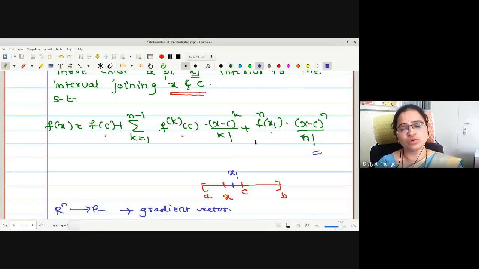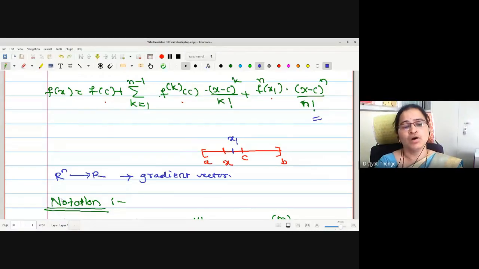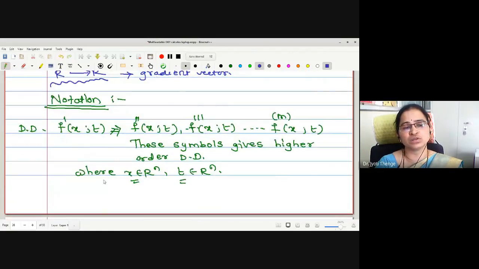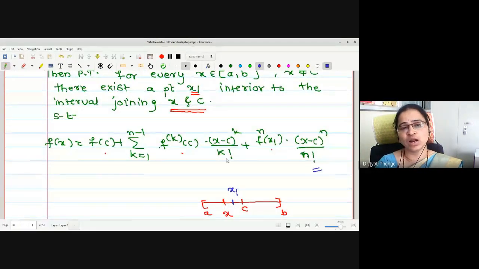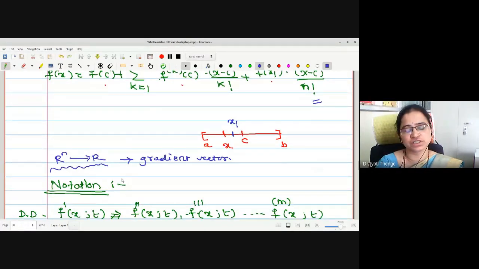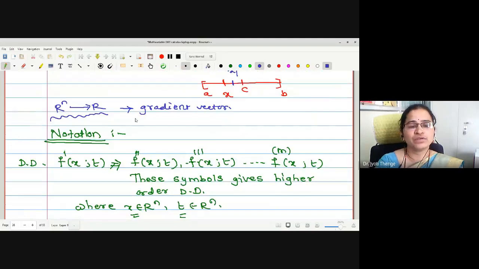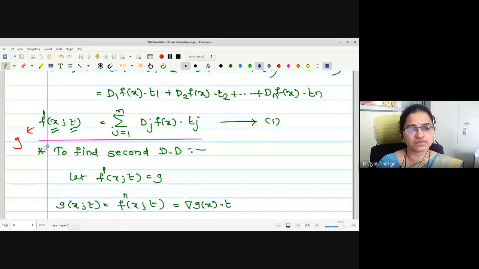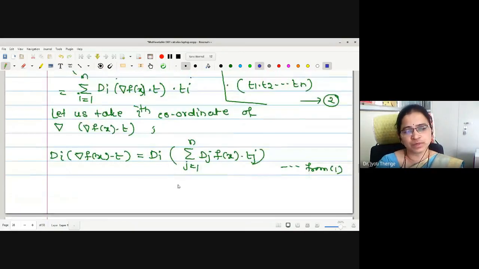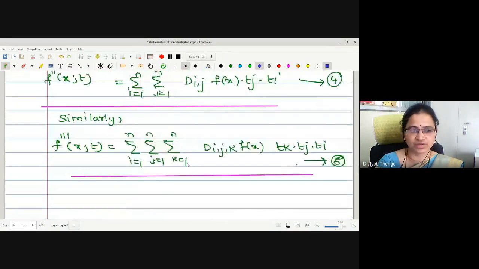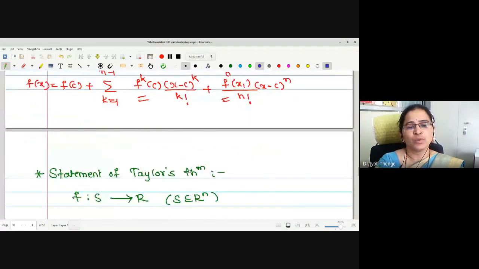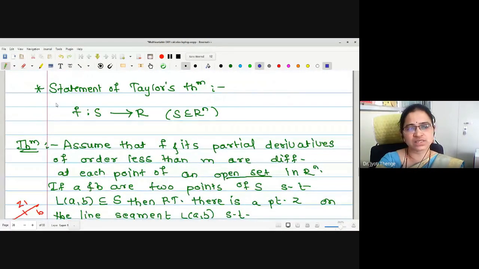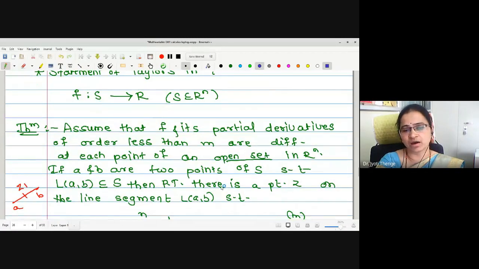So whatever approximate value we get by the Taylor series, with Taylor's theorem we get an accurate value. Now we want to check whether the same kind of theorem holds for functions of Rn to R type. For this, we first checked the notation, because here also we have to take the nth order directional derivative. We know the directional derivative formula, and later we extended this to higher order derivatives. The first order directional derivative gives equation number 1. By doing some mathematical steps, we calculated the second order derivative as well, the third also, and one can continue. Now we will try to understand the statement of Taylor's theorem for functions of the type Rn to R.